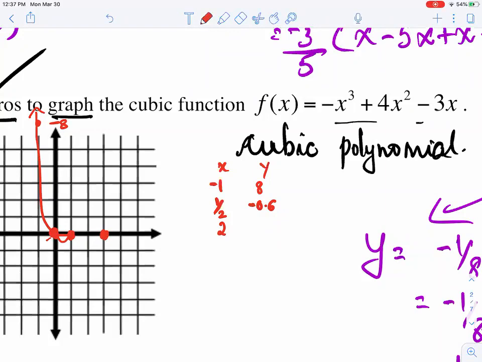Tell me what is the value of y when x is equal to 2. So that's going to be -8 plus 16 minus 6. And when x is equal to 2, your y value is